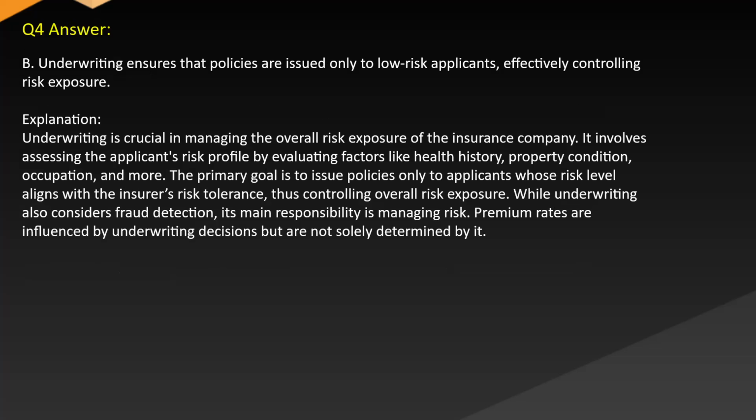Answer B. Underwriting ensures that policies are issued only to low-risk applicants, effectively controlling risk exposure. Explanation. Underwriting is crucial in managing the overall risk exposure of the insurance company. It involves assessing the applicant's risk profile by evaluating factors like health history, property condition, occupation, and more. The primary goal is to issue policies only to applicants whose risk level aligns with the insurer's risk tolerance, thus